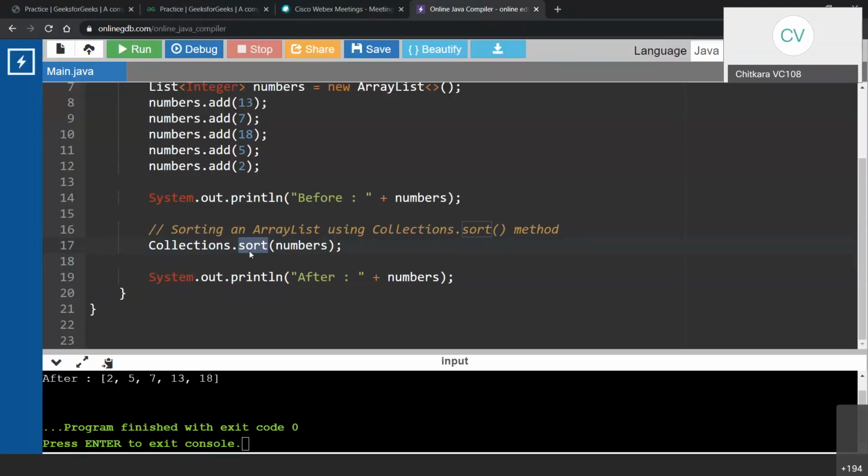So point number one, pay attention. Java.util.Collections has got a sort method, and that sort will basically sort any of the contents such as linked list, such as array list, and so on. We haven't learned linked list, the only thing we have learned is array list. So I will rely on the class called Collections to use this particular java.util.Collections.sort.